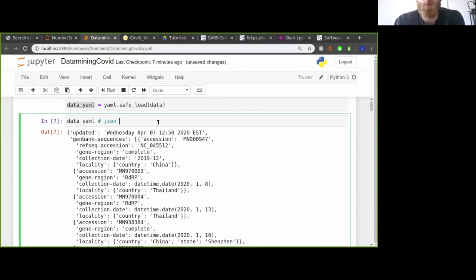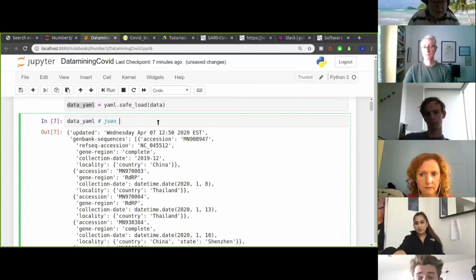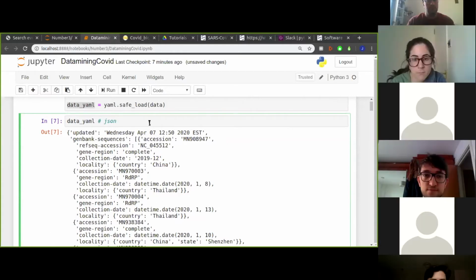But essentially, that's also a dictionary of dictionaries. So we can use a pandas function designed for working with these nested dictionaries, the JSON objects,